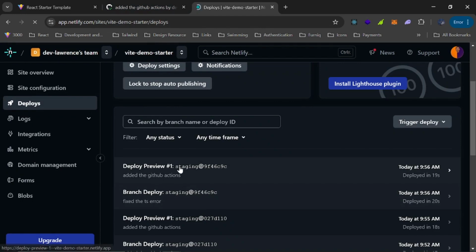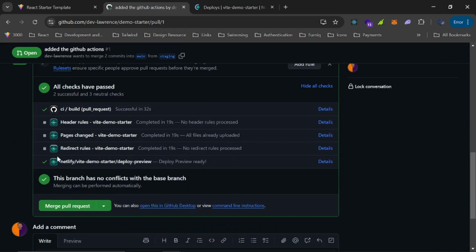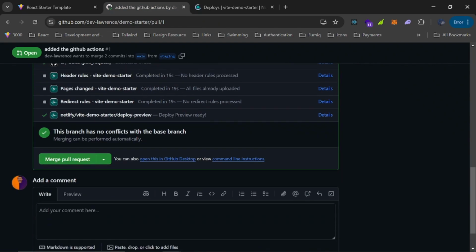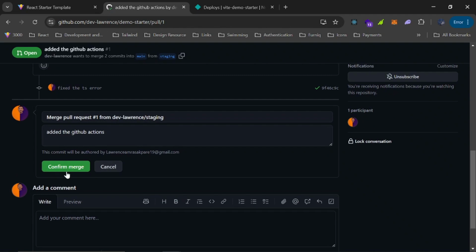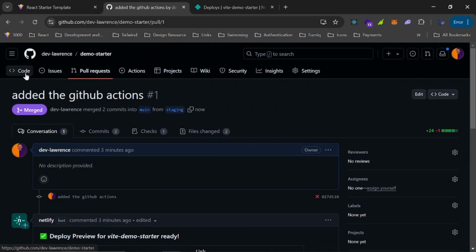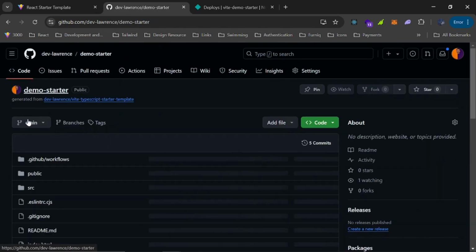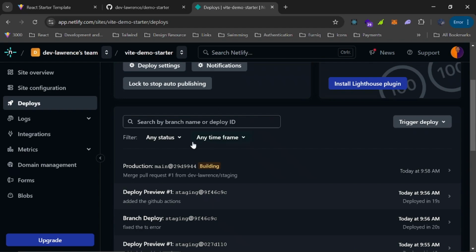You can see we can still preview our deploy as well, and you can see all checks were passed and completed successfully. Now you can merge, confirm merge. All right, cool. If you go to the code, you see we have been merged to main, and if we come in now, this is when the actual production branch will build